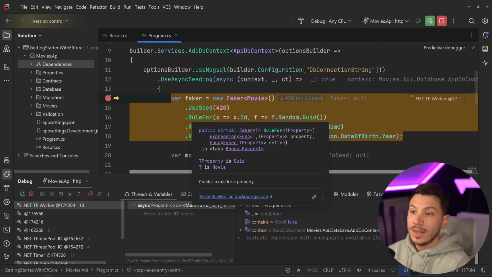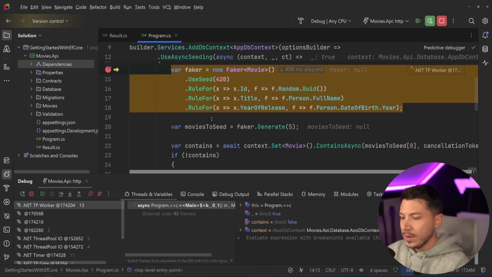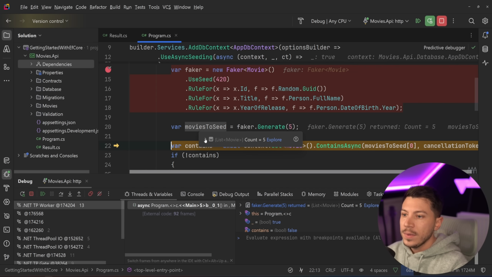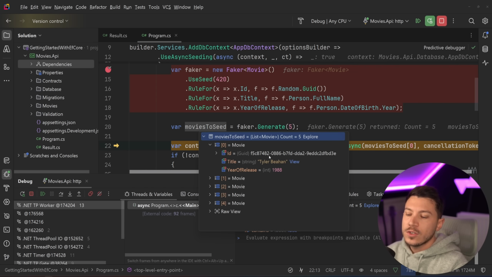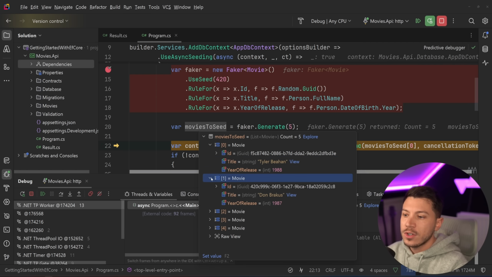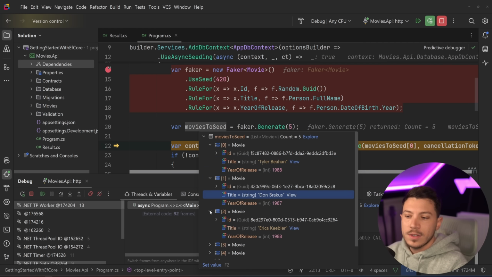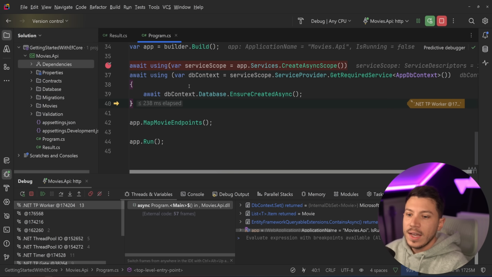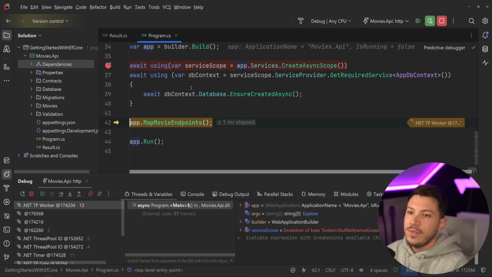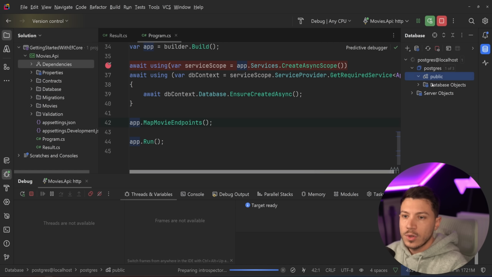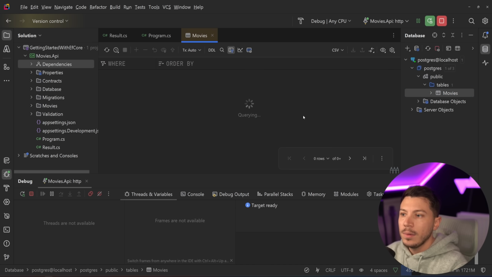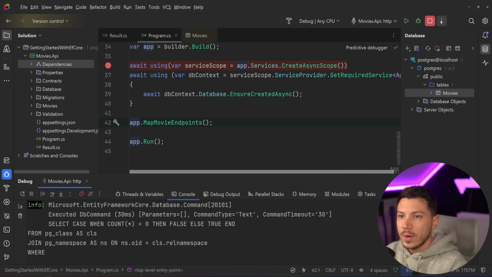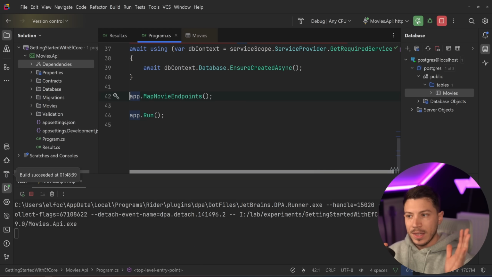So we're calling that, and now we go in here and we get the seed. We generate the 5 movies over here. Here we go. It's a list. So we have Tyler whatever, Don Brackus, great movie, Erica Kibler, and so on. Does it contain them? No, it doesn't. If it did, it would not generate them. So if I refresh now, over here you can see the table, and you can see the movies, all the ones we just saw. If I go and I stop this and I rerun the application, all of it will